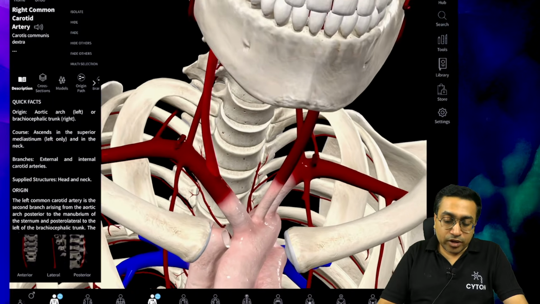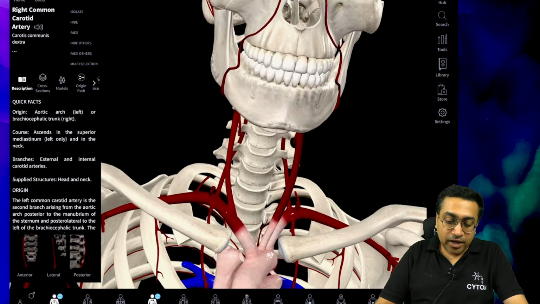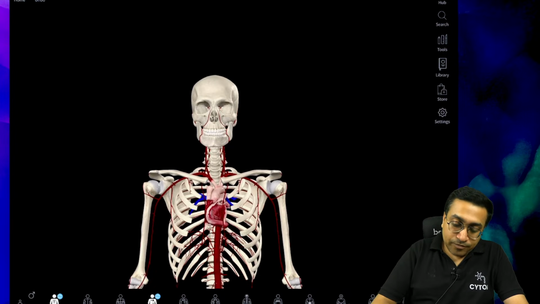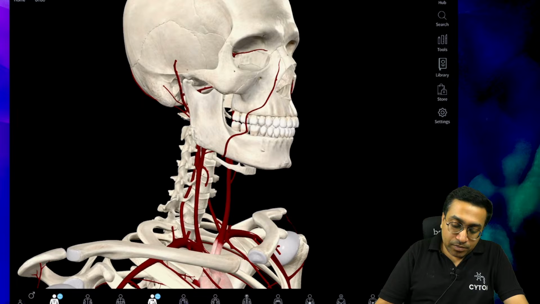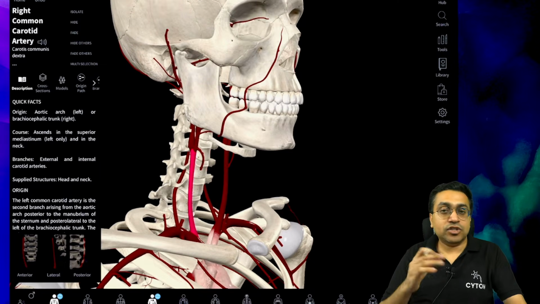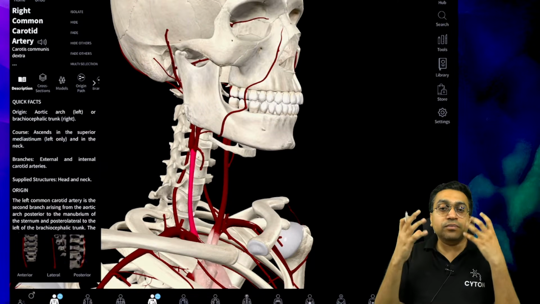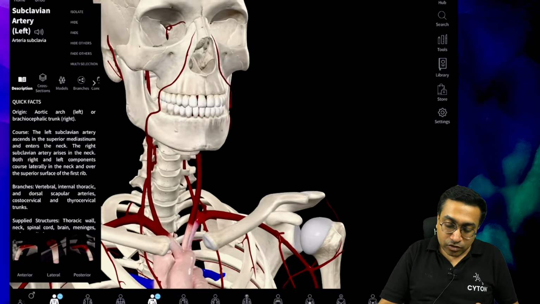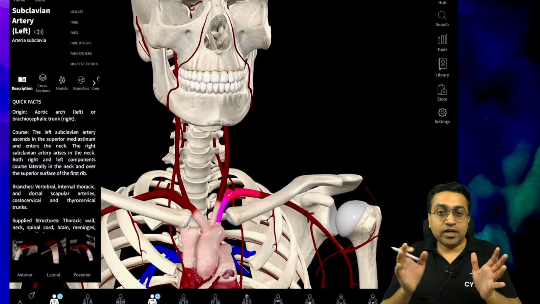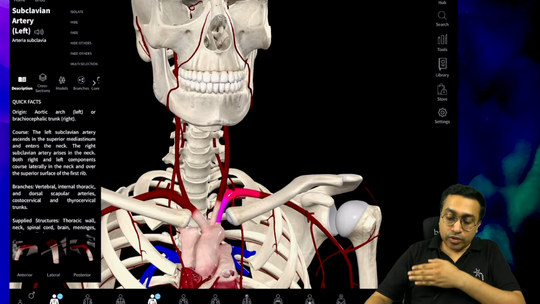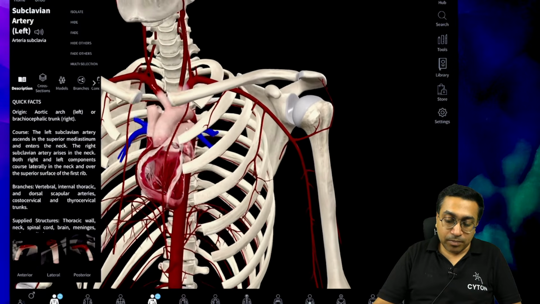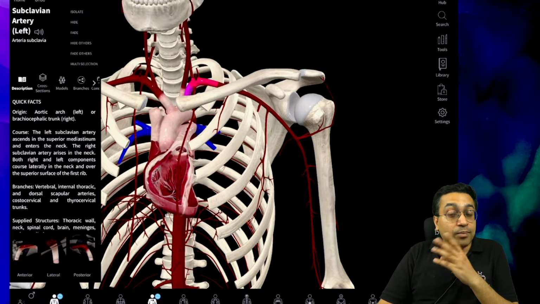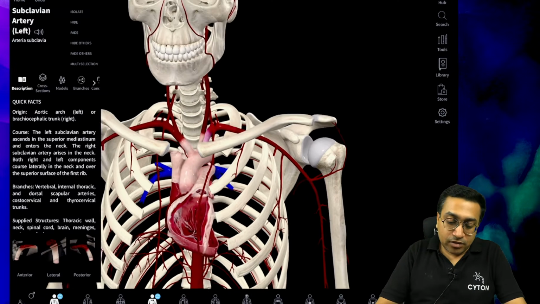This common carotid will be the main supply to the head and neck region. Okay, you can see this. This common carotid will be supplying the head and neck region on both sides, right? This is the main going up. Then if you see about the subclavian, this was the subclavian, right, on either side. Subclavian artery is going towards what structure? If you see the main pipeline, starting point of the arterial supply to the upper limb. Okay, so this is a very important catch point.